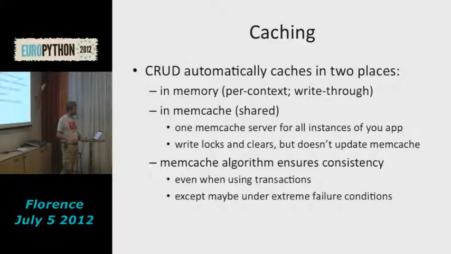NDB actually automatically integrates caching with the memcache API. It also automatically caches entities in memory for the duration of the current request. Actually, the lifetime of that cache is the lifetime of the context object. You can create your own context and manage them. You can also clear that cache, but if you don't do anything special, you will automatically get a fresh context and hence a fresh in-memory cache each time a new request is being handled. And if you have multi-threading on, then each thread, of course, will have its own context as well.